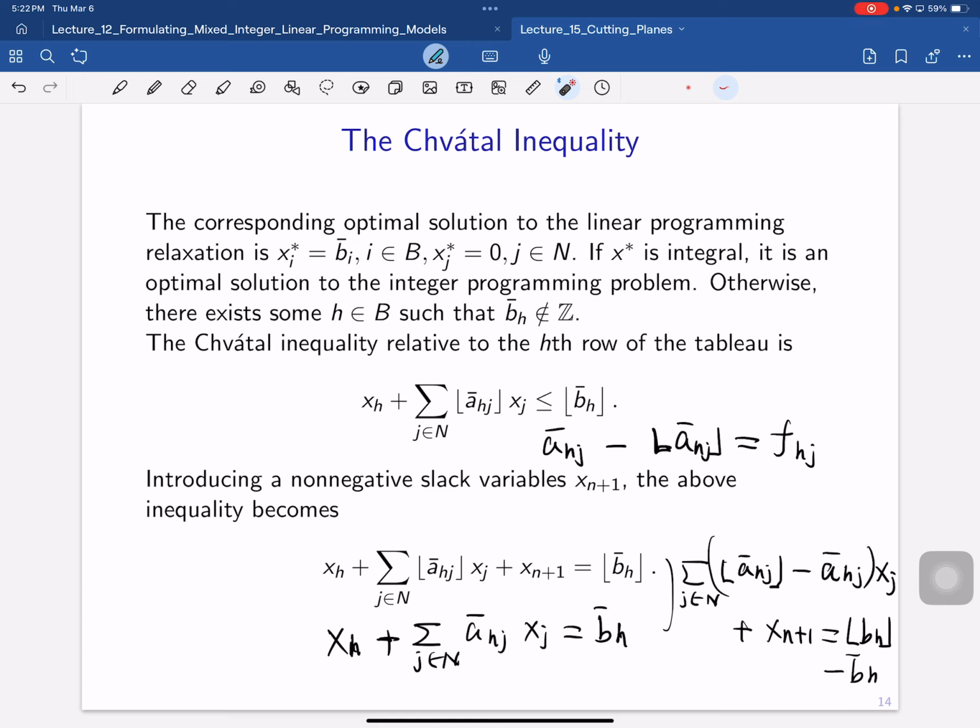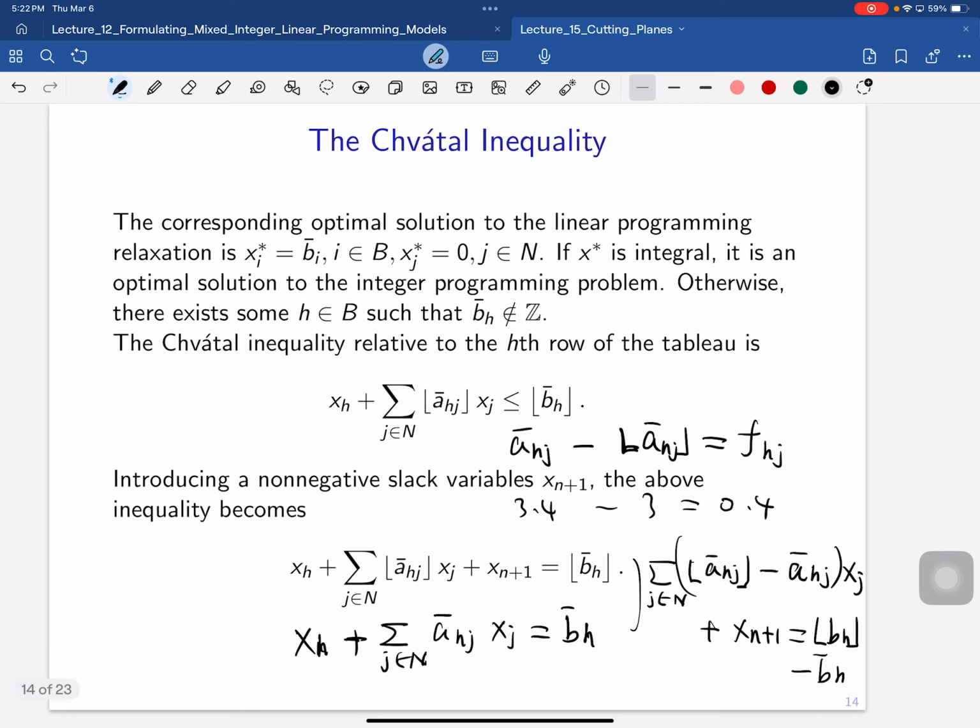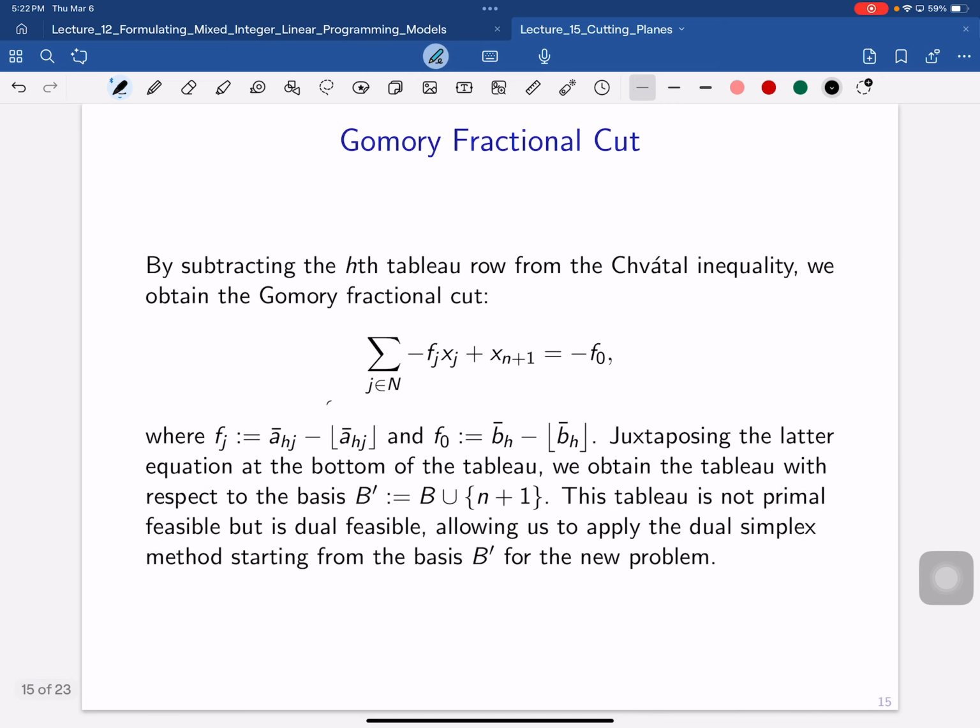So if you think about ahj equals something like 3.4, then you take the floor of 3.4, it will be 3, and then the fraction will be 0.4, right? Basically, it takes all the decimals of a number, okay? And similarly, you can define this for b, right? So at the end, you will get this